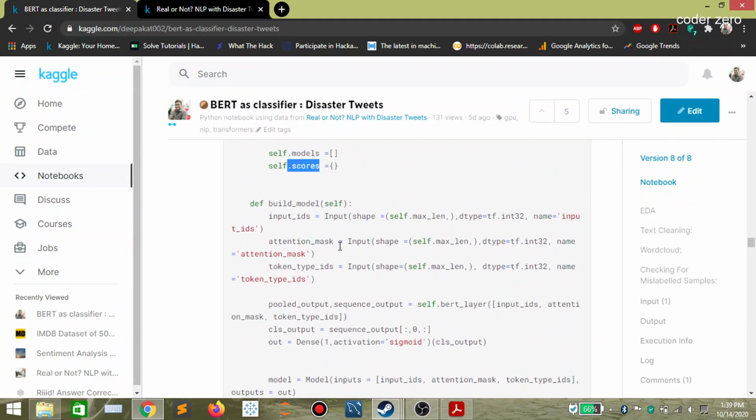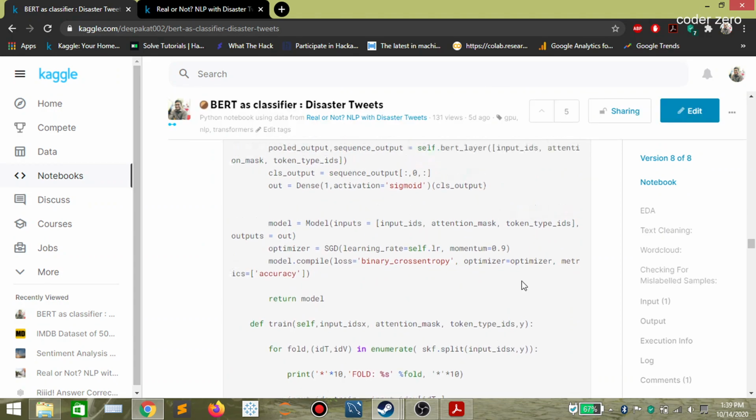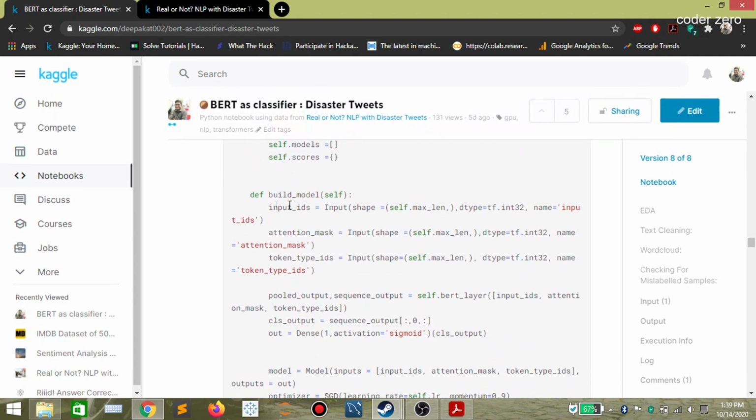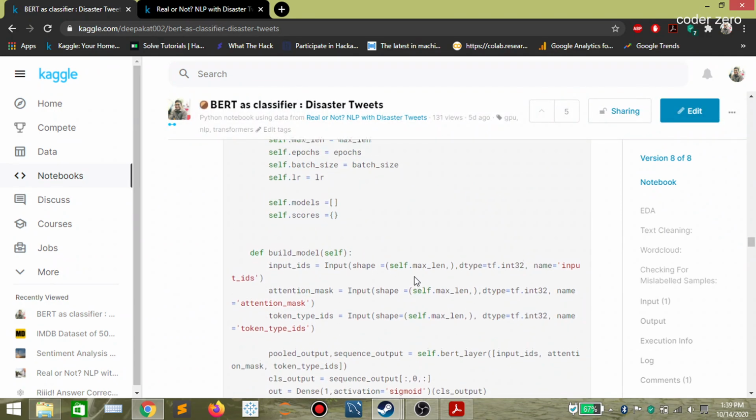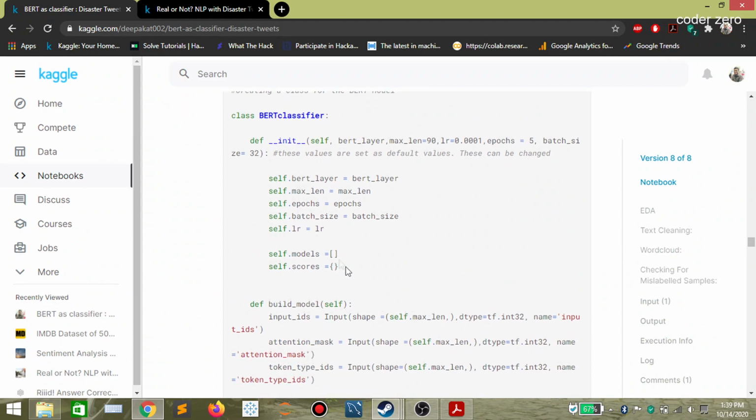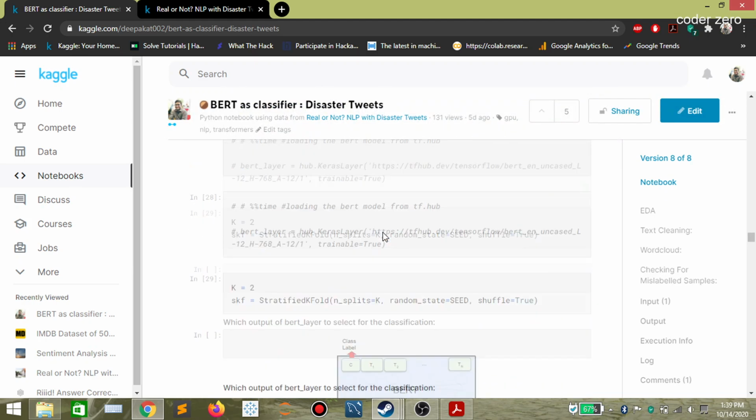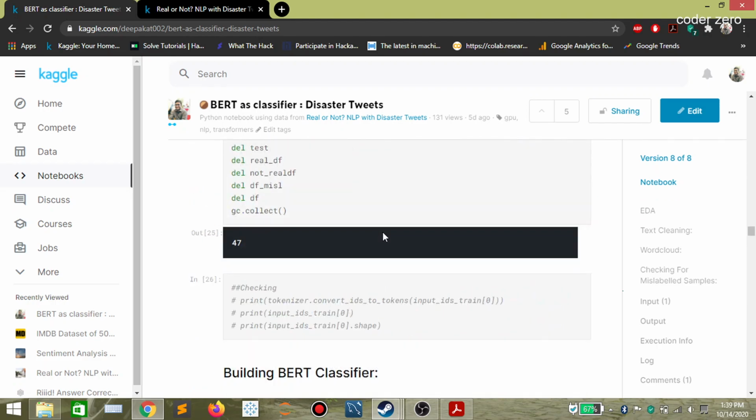Then here we are building the model. This is the input IDs, with input shape equal to the max length. We have selected 90 here, but we will be creating a max length of 100, that is what we have selected.